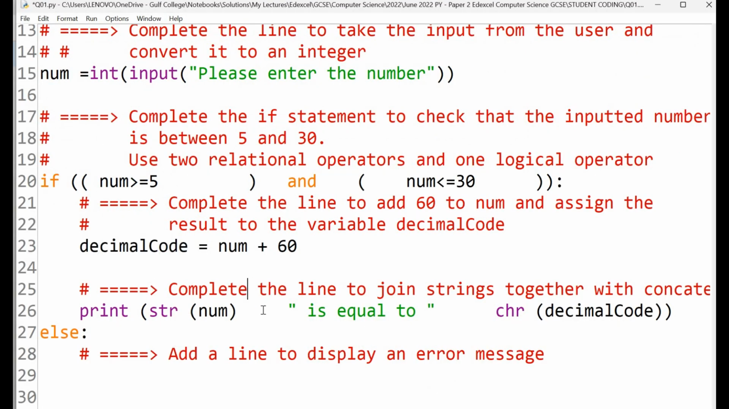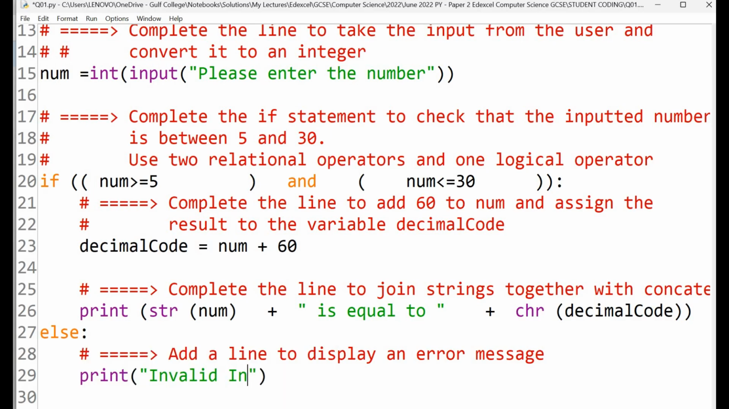Okay, print str num plus, it shows that the string number is equal to, plus the character decimal code. Else, what it will display, add a line to display an error message. It will display the message print invalid input. I'm going to write here invalid input. Now when you run this program,